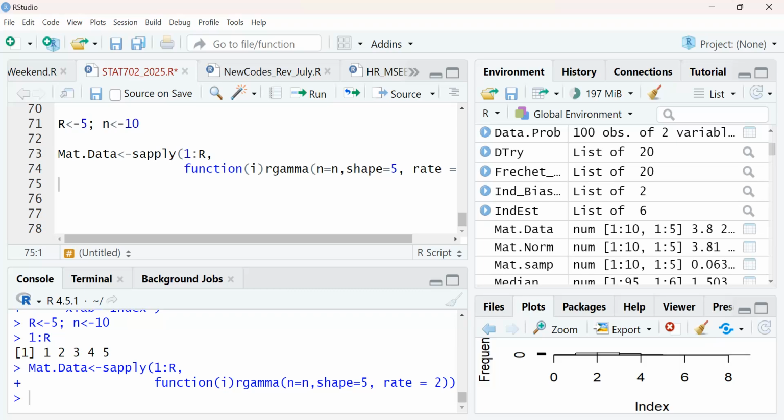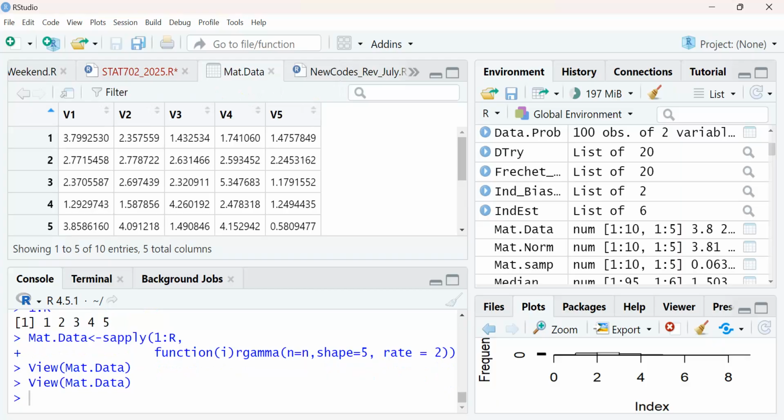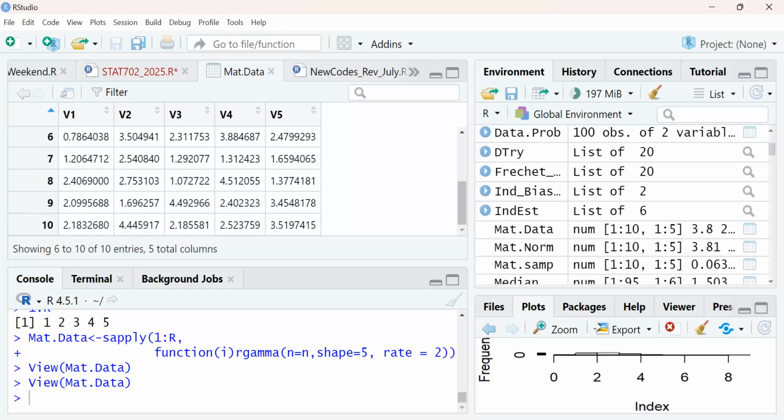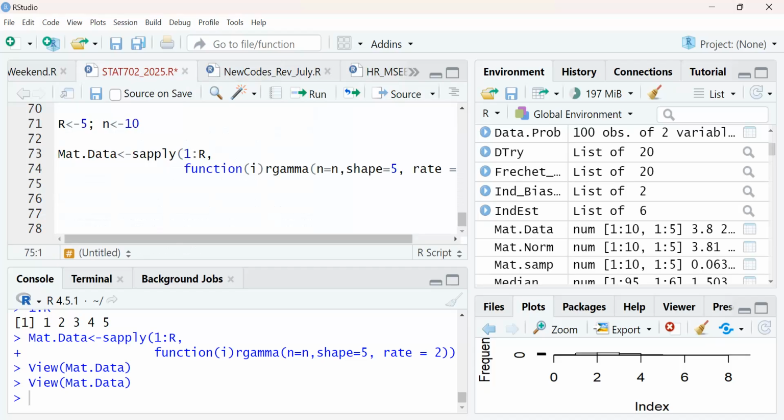What does that mean? Each column is what? A sample. Is everybody okay with this? Each of the 5 columns is a sample. So the first column is a sample. Remember our sample is of size 10, and then we repeat it all 5 times. So you see that it comes in handy. Just one, and we have several of them.